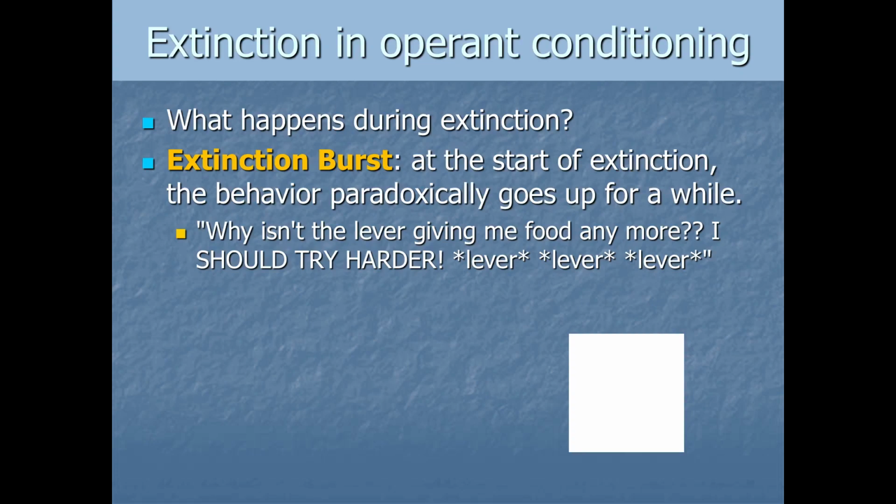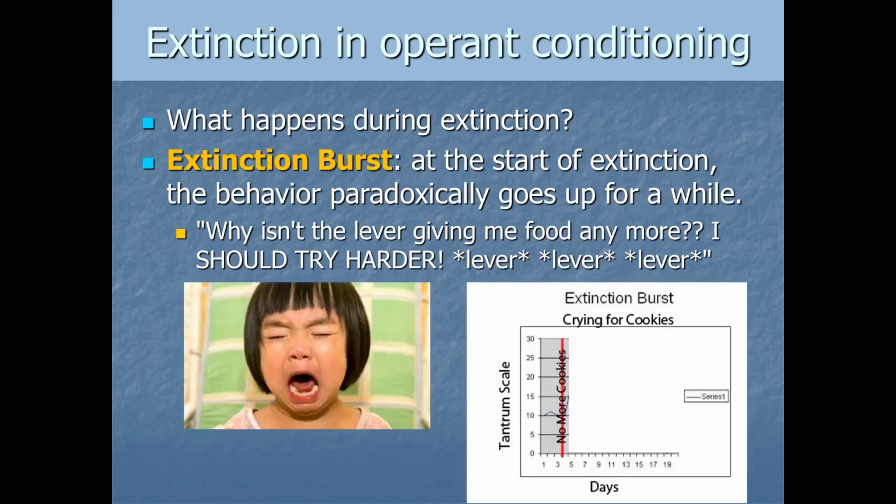But then the next day, when the kid sees the cookie jar, she starts crying again and throwing a tantrum until dad finally gives in and gives her a cookie to calm her down. By the third day, she's even more likely to do the crying behavior because her behavior is being positively reinforced. It's leading to a cookie. Now, at this point, dad might think back to the learning class he took in college and realize the mistake he was making, right? So he decides on day 4, he's going to stop giving her cookies